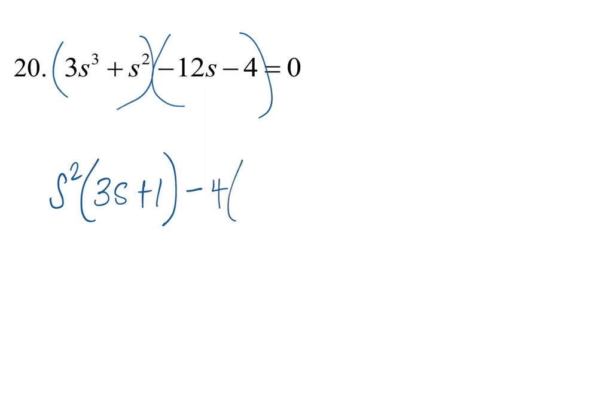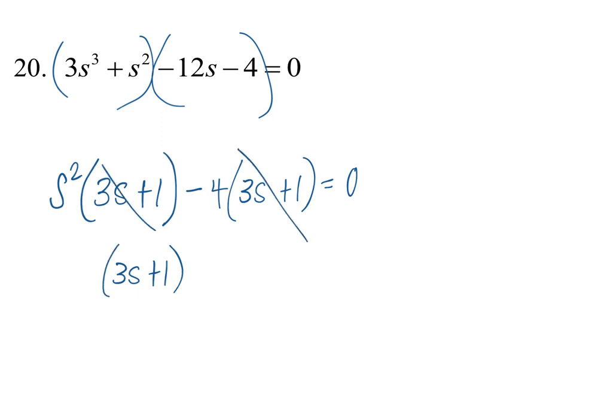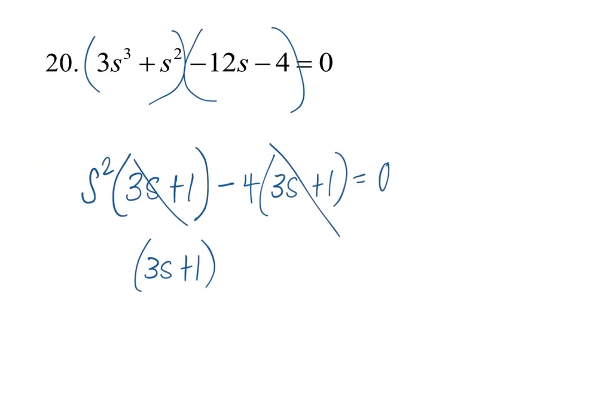So if I say negative 12s divided by negative 4, I get 3s. And if I say negative 4 divided by negative 4, I get positive 1. So in both cases, I was left with 3s plus 1. So if we pull that out, I'm left with s squared